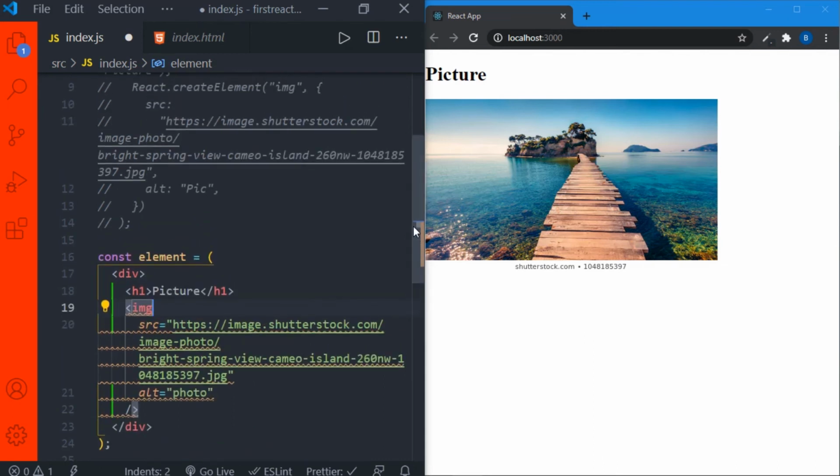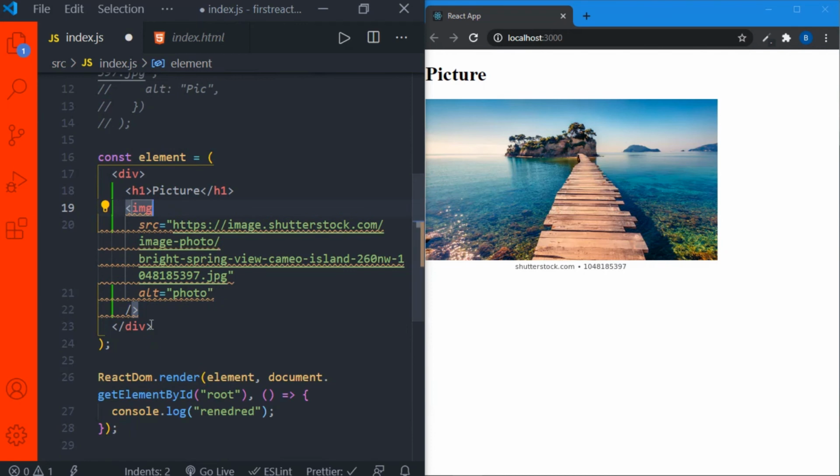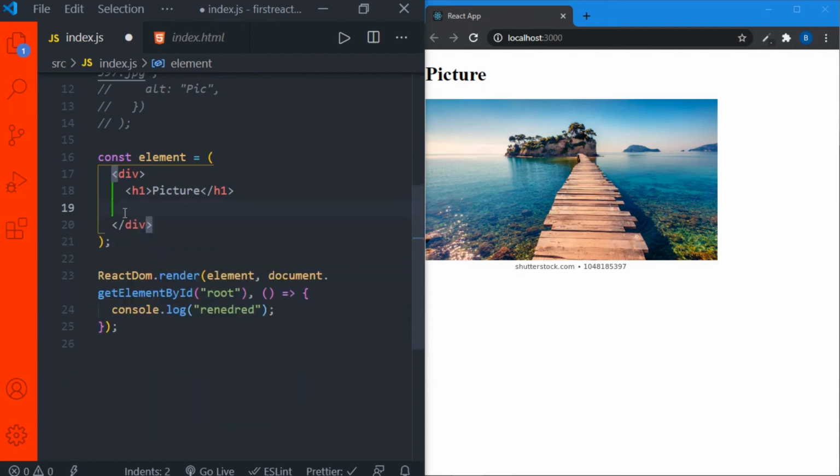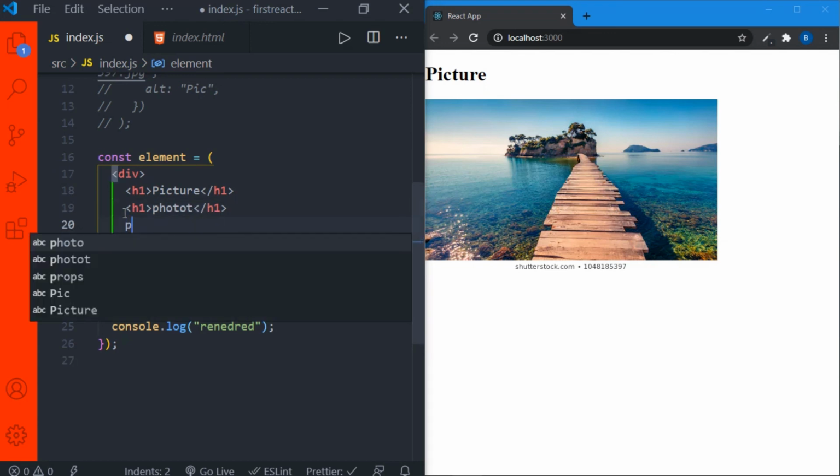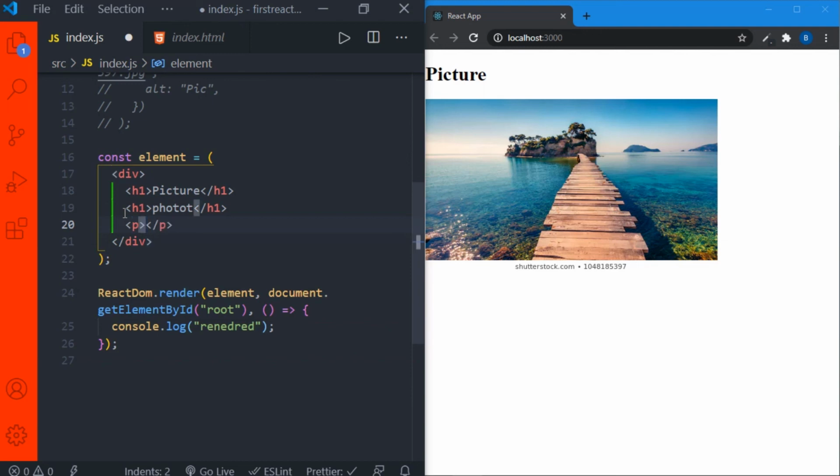Okay, now let's remove this image, and if you want to show another h1 tag, just type in h1 and press tab, say picture and say photo. And if you want to render a p tag, just type in p and press tab and just say cool.